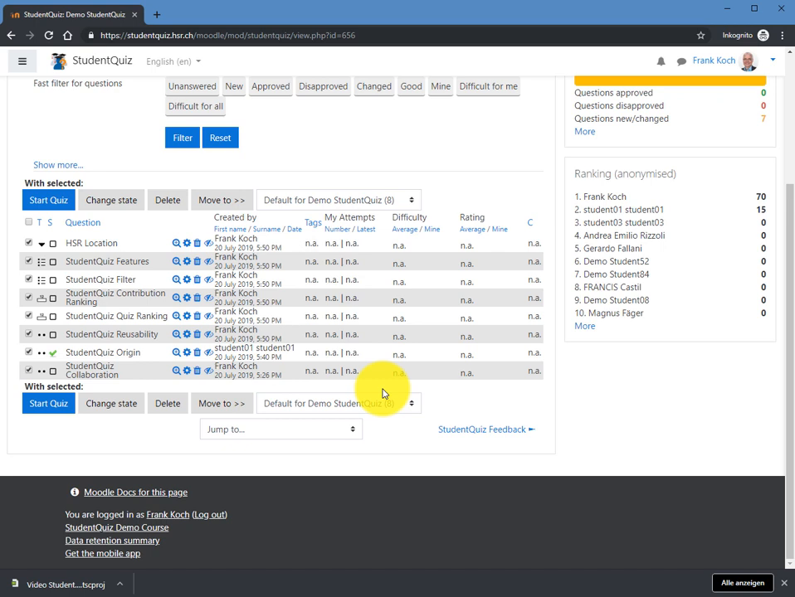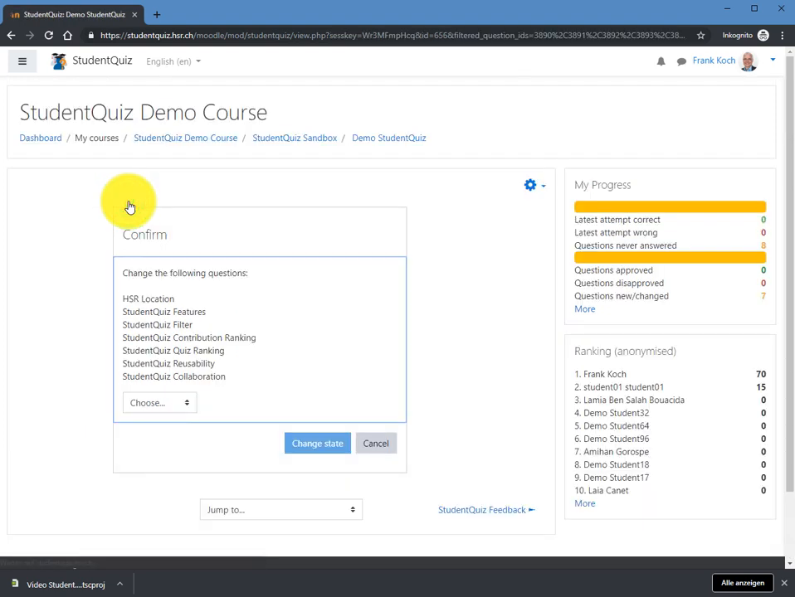There are quite many new questions. 1 is approved, the one from my student. All the others are not yet approved. And I can also do bulk approvals. I would like to approve all questions but the one from the student. And now I can go to change state, where there is a bulk approval, and all these questions selected, I would like to change